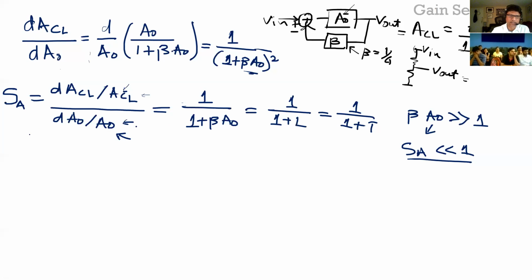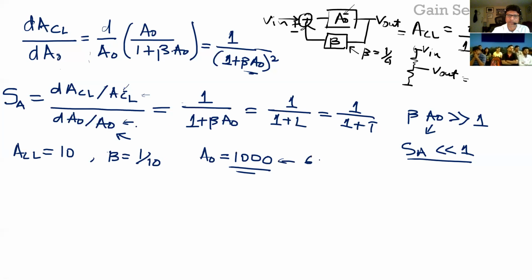So for example, let's take an example. Let's say you wanted a closed loop gain, ACL, of 10, which means that you want to set the beta to be 1 over 10, right? And let's choose the open loop gain to be about 1000, which is typical. In dB, this is about 60 dB. So this is also typical. So let's say these are the numbers. Based on this, the sensitivity here is 1 over 1 plus 1000 over 10. So that's 100, right? So this is roughly equal to 0.01,